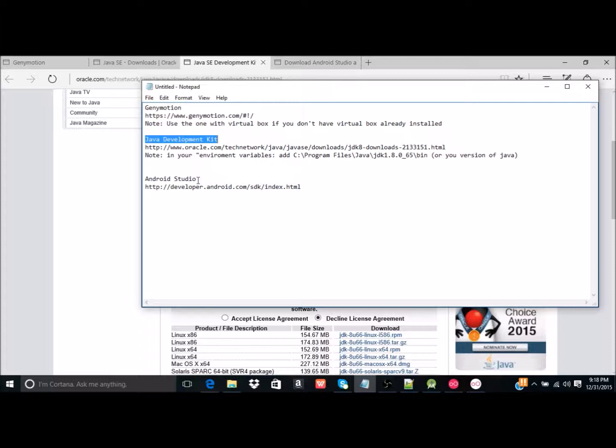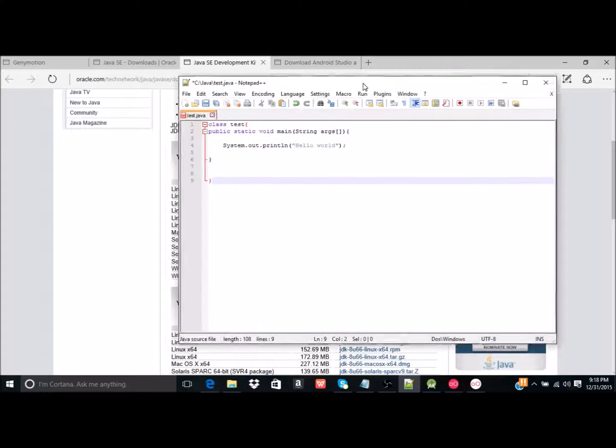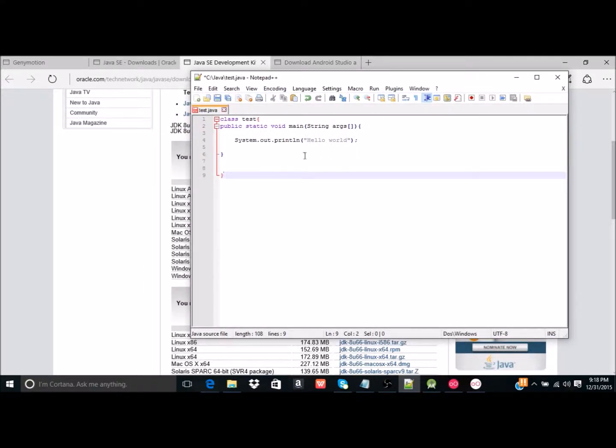That's something you have to do in order for Android Studio to work. Java is a programming language that was developed by Sun Microsystems, and Oracle, I believe, bought it in 2009. Just a really quick thing I want to point out: if you're not familiar with Java, and I'm certainly not that familiar, I used it once or twice probably, there are a lot of tutorials, and this is a very simple program that you can run. You're also going to have Notepad++. So once you download Java,